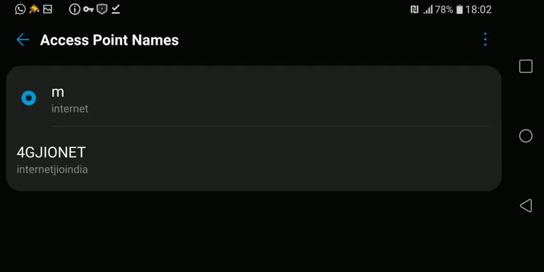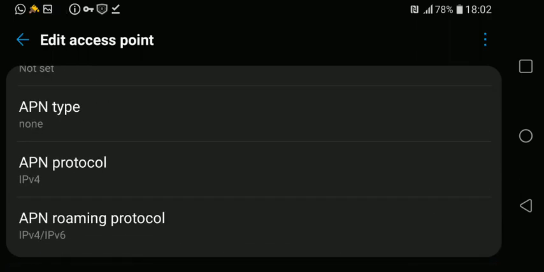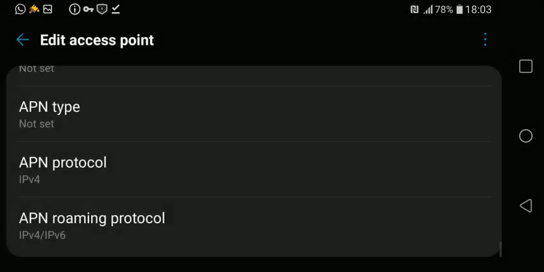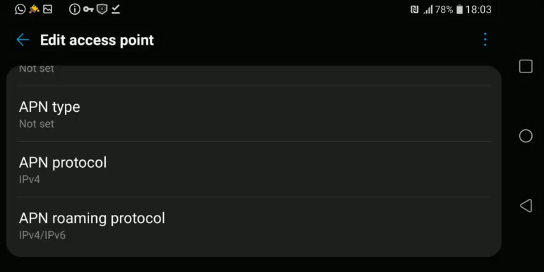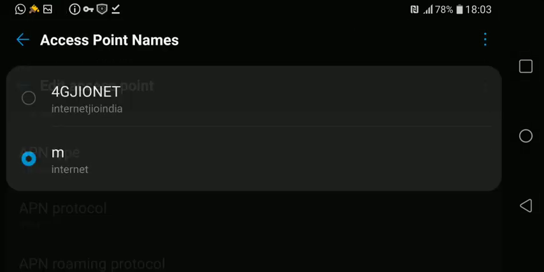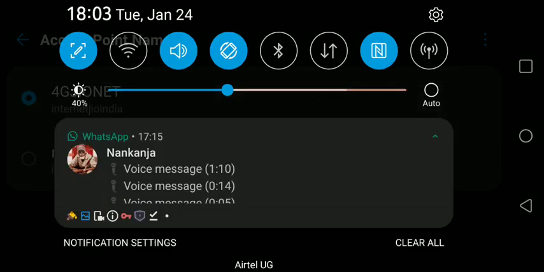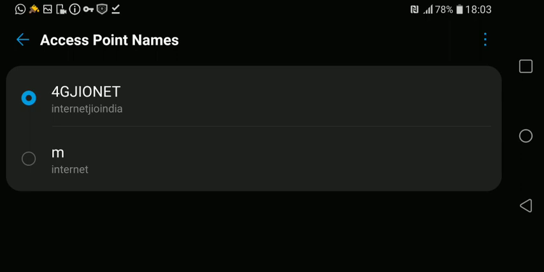After saving, you will be free to connect that APN, but for APN type, don't put anything, just leave it as that and save. Don't delete, just save my APN. Save. After saving, you'll be able to connect, and you put on your mobile data. After putting on mobile data, you shall see that our network is in